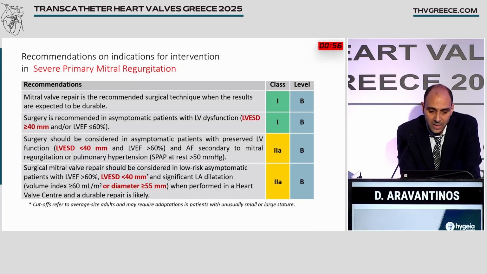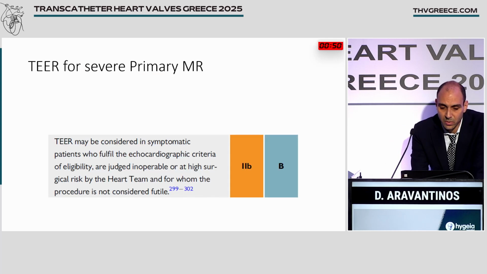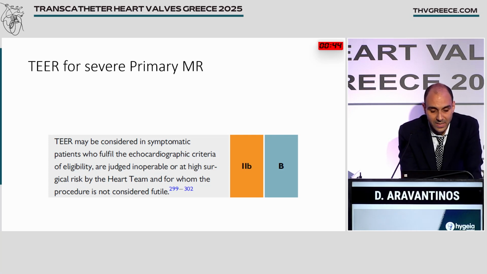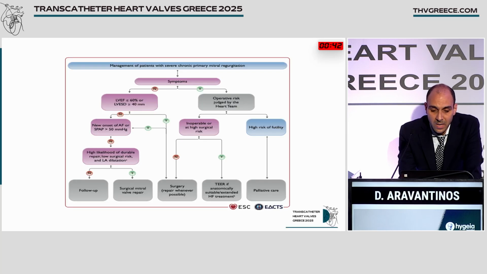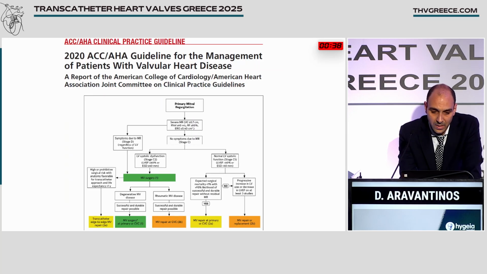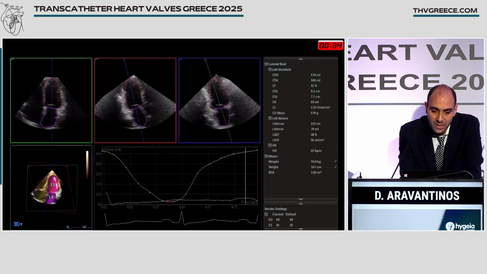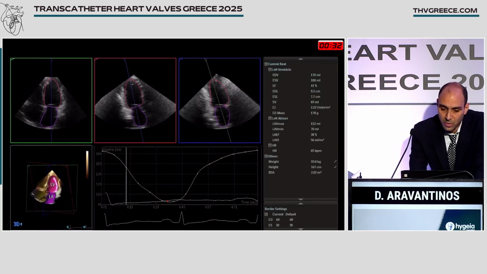Regarding primary MR, here surgery has a class 1 indication when the results are expected to be durable. TEER has a 2B indication when the patient is inoperable or at high surgical risk as determined by the heart team. And this is also the algorithm for primary MR. In the ACC guidelines, TEER has a 2A indication for primary MR. And I will show you a quick example